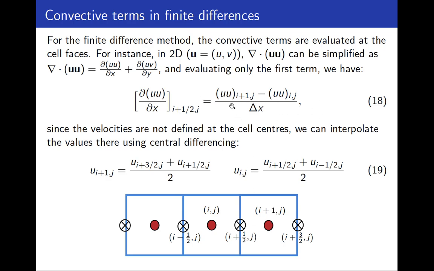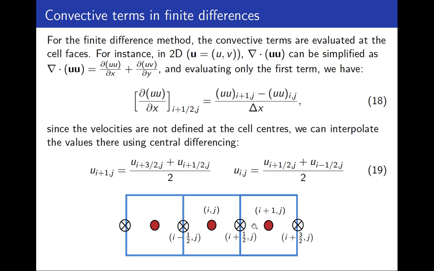And then with equation 18, this convective term is evaluated using the finite difference method, which means we have to evaluate this product between the velocities at this location, which is at the cell center of this cell, minus this product at the cell center of this cell, divided by the distance, by the cell size, or by the distance